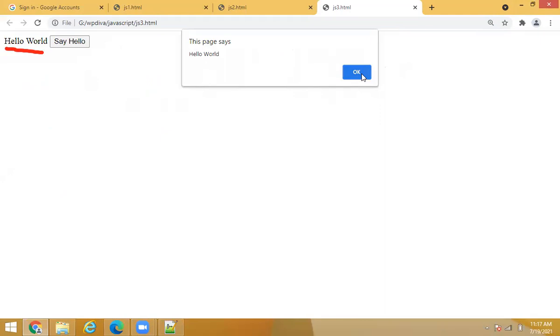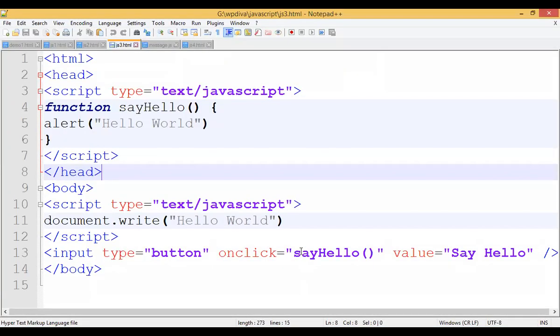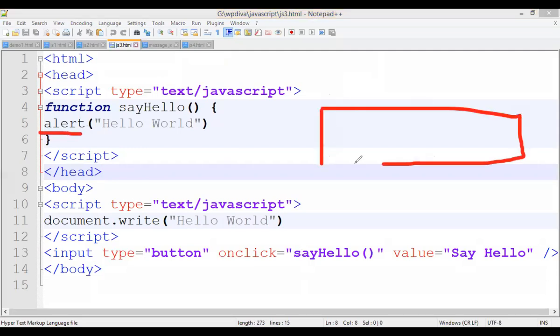So that alert box internally has got what? OK button. We don't need to do anything with that alert box. Internally, it is having what? OK button, students. Okay, we are not creating any button. When we are going to take alert, what it will do? It will create one box, okay? And in that box, by default, one OK button will come, right? We are not going to write any code for this OK button. This OK button will come automatically when you use this alert box. The alert is nothing but a message box.